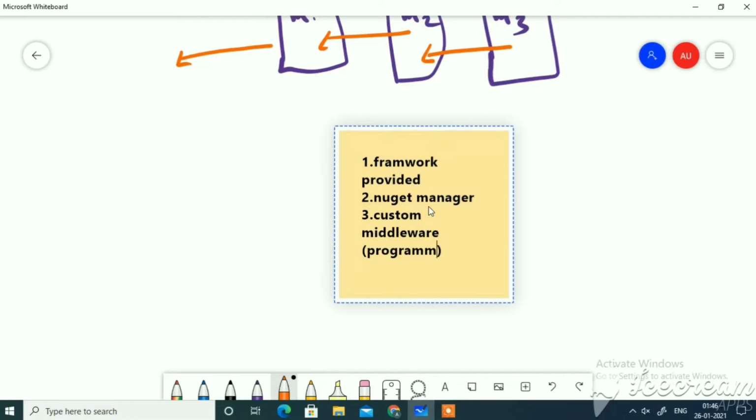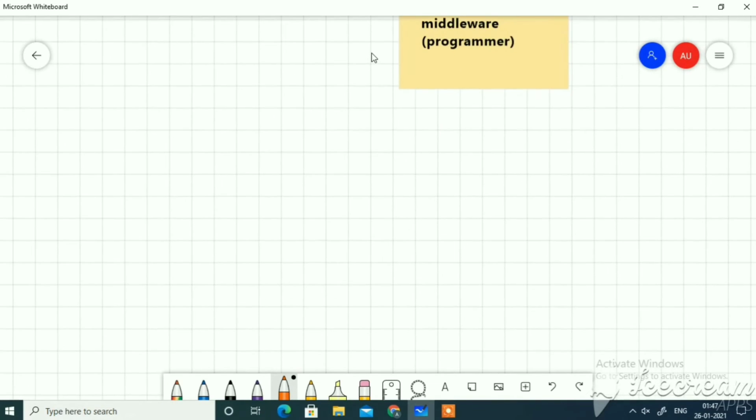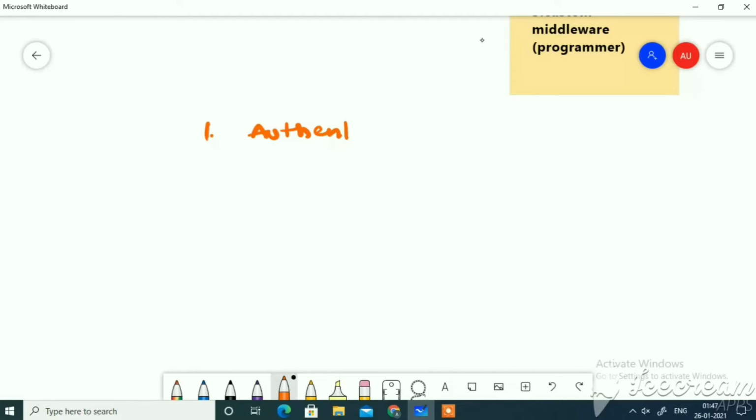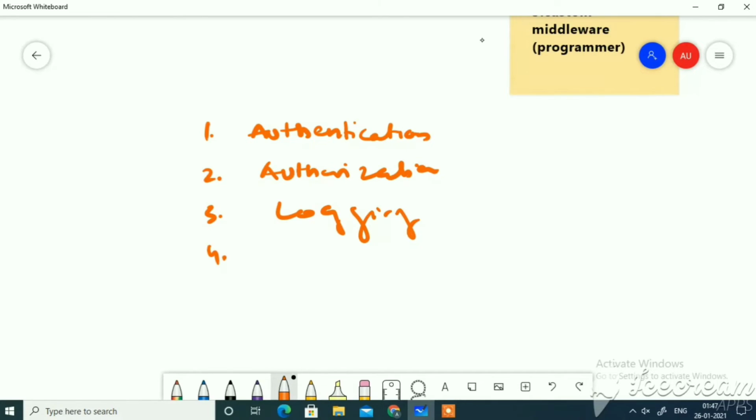Second, a very important thing in defining middleware is sequence. Let's say we want our request to be passed through authentication. We have implemented some login page where authentication is there, authorization is there, and we want to log our request, who is coming, what is the purpose, so logging. Then we want to use static files, and then MVC. So if this is the sequence, it's okay.